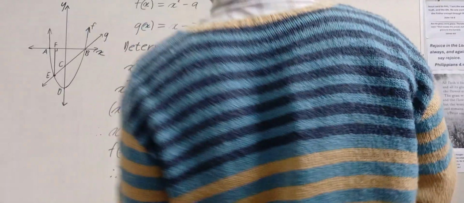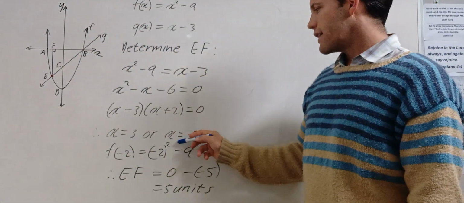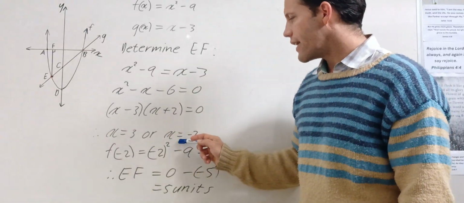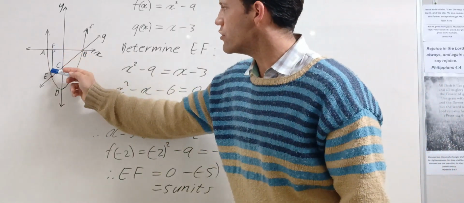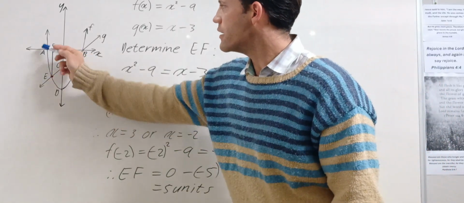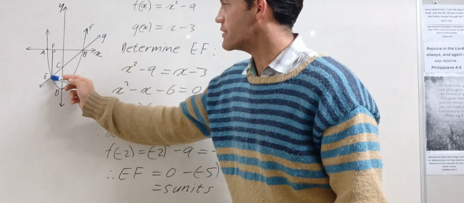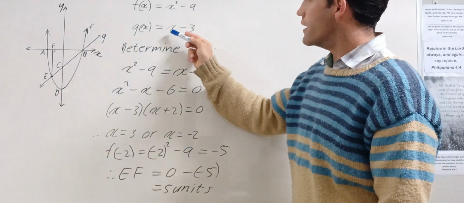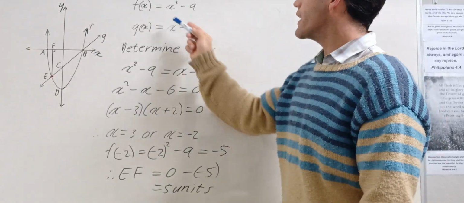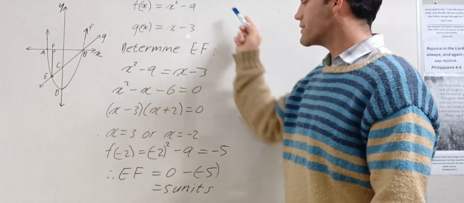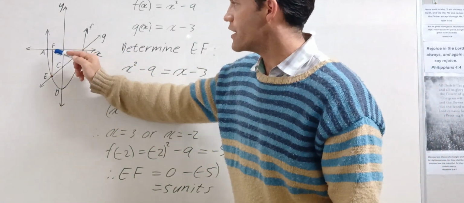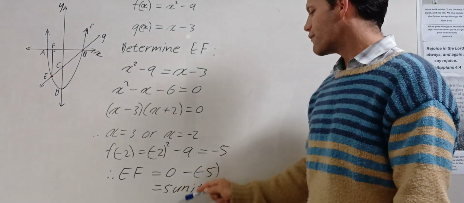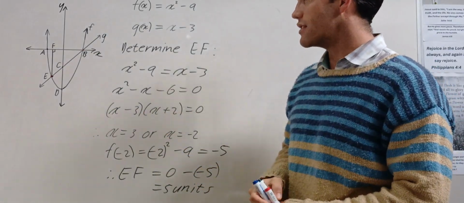Right, so I'll just explain that last part again. After you get the negative 2, you can take the negative 2 and put it into the straight line or into the parabola. Because you know negative 2 at E is for the parabola and for the straight line where they intersect. So when I put the negative 2 in here, negative 2 minus 3 is negative 5. When I put the negative 2 in there, negative 2 squared is 4 minus 9 is also negative 5. So I know my y value at E must be negative 5. And then from 0 to negative 5, 0 minus negative 5 gives you a distance of 5 units for EF. That's the distance of EF, the vertical distance.